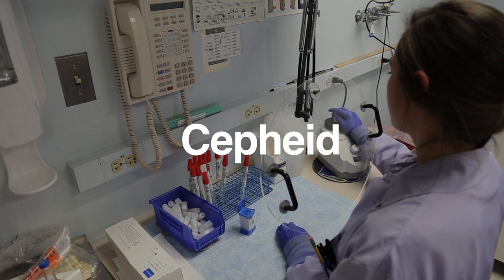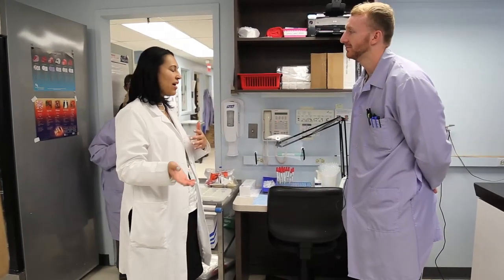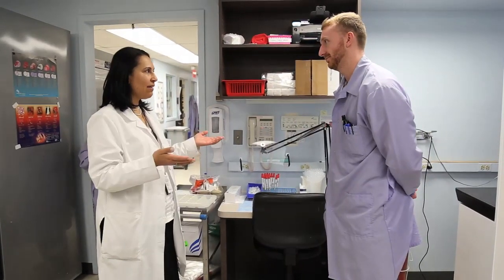Okay. We also have the ability to perform rapid diagnostics for specific infections utilizing the Cepheid. What is very nice about Cepheid is that it allows us to screen for patients who may require isolation as specific carriers or for specific infections, and it helps us remove them from isolation sooner in the case of tuberculosis. So we keep hearing about all these different tests, BioFire, MALDI-TOF, Cepheid. What is Cepheid? So Cepheid is a rapid PCR instrument,